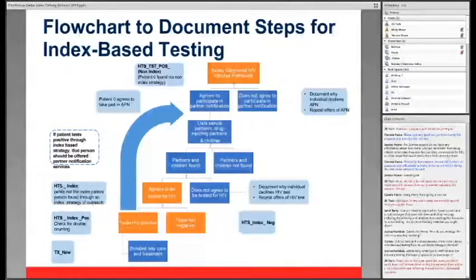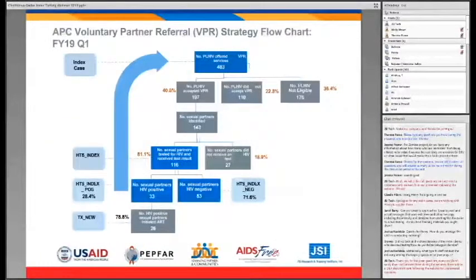submission. Just take a few seconds to take a look at the flowchart, the way it's organized. It outlines every step of the process. And here I want to show an example from a project, a JSI project in DR. This is how our project used the flowchart to document the information and then to share this information with USAID, but also within their own team to see where they are at each step of the process and where improvements